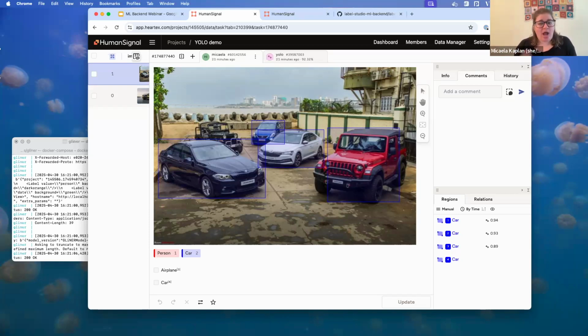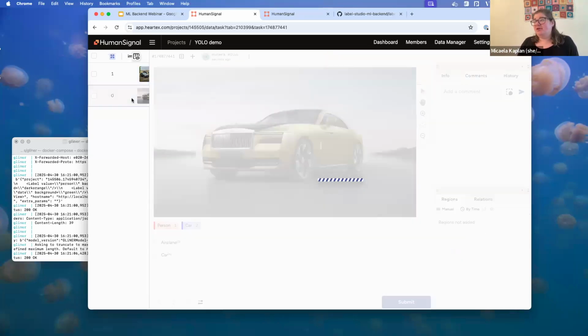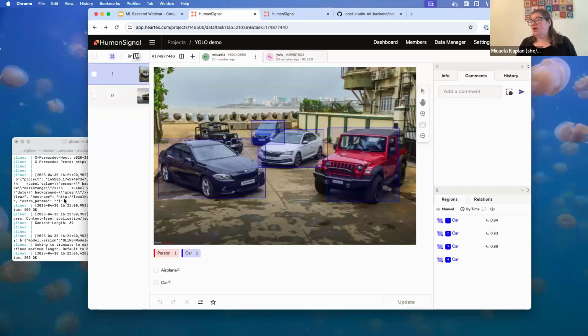In the case of YOLO, I would suggest using just one YOLO model. But depending on what your project is could depend on whatever it is that you're looking to do. You can see that in this other example. You'll see if it works. Again, I'm not positive that it will. Oh, this model is not running. This is not going to work at all. But you can see that we've predicted the